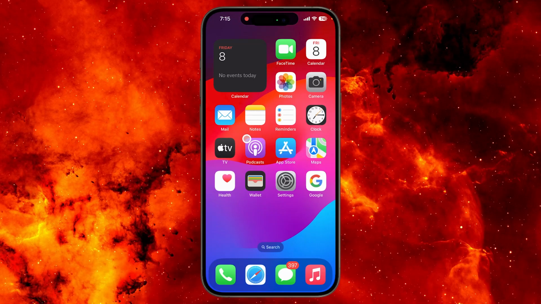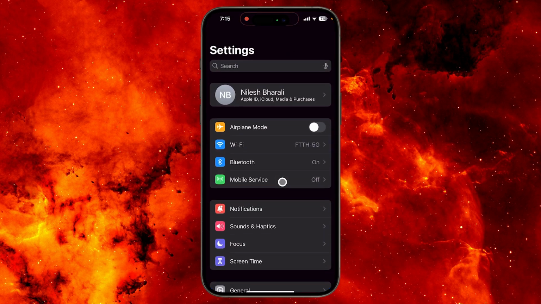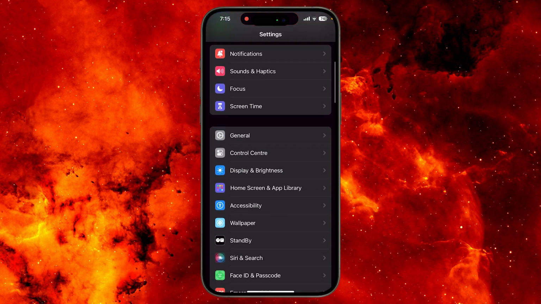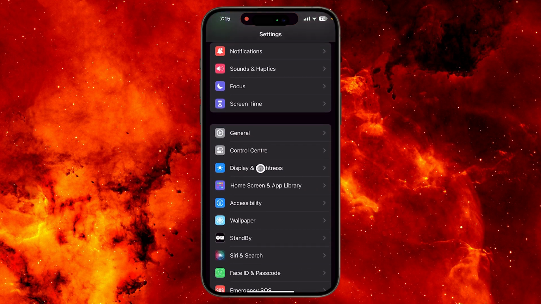Hello everyone, today in this video I will teach you how you can make your iPhone screen look bigger, the icons, everything, or you can say how you can make your screen zoom in. So for that, go to your settings, and from here we need to swipe down and find this option called